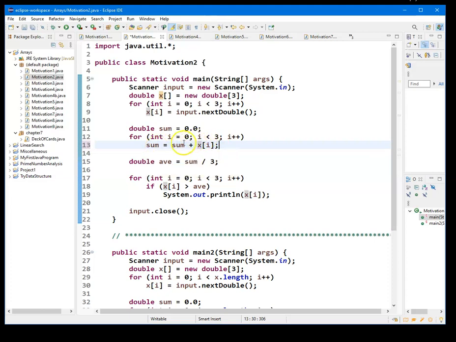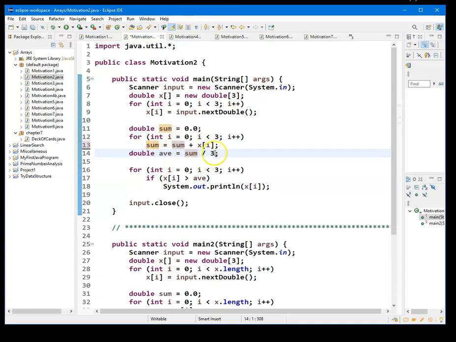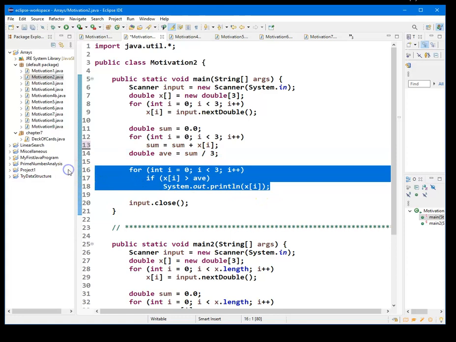x of 1, add that to the sum. It's the sum of the two numbers. Assign it to sum. x of 2 gets added to the sum. We accumulate the sum. And then what we're going to do next is divide that sum by 3. And instead of having 3 if statements, I go through my array again and say if x of 0 is